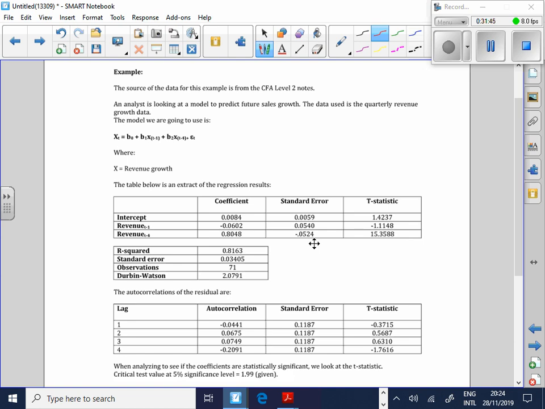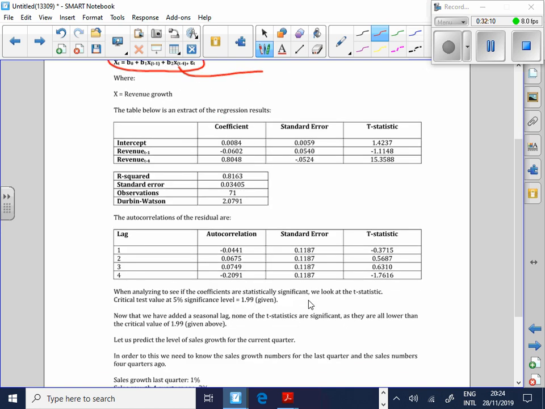And look what I've done over here, just in terms of my numbers. I've added in now a what? A seasonal lag, T minus 4. You happy with that? Because when I ran my first model, my AR1 model, it didn't work. I thought, oh, let me check. Perhaps there's a seasonal lag there. I picked up the big difference between my critical value and the t-stat. I run my numbers again over here. Okay. And let's see what I get.